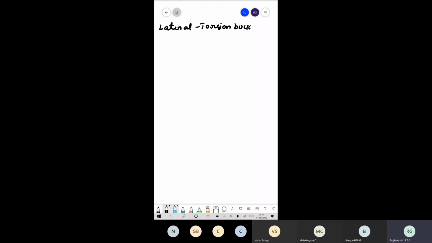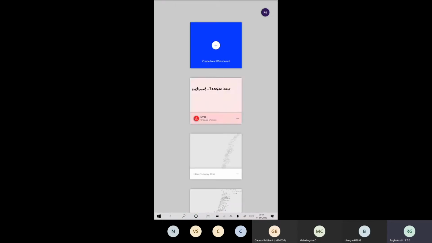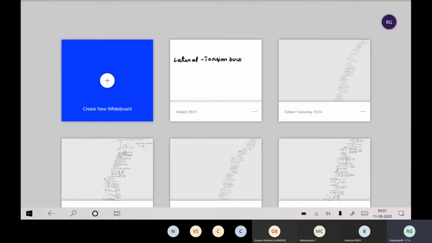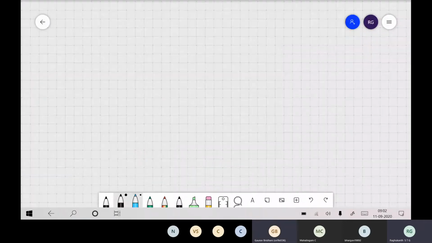Excuse me, sir. Please, the screen got tilted, I think. We are seeing it in portrait. Oh, okay. How do I do this? It will be in the settings, right? Now I think it's fine. Yes, now it's fine. Thank you, sir.